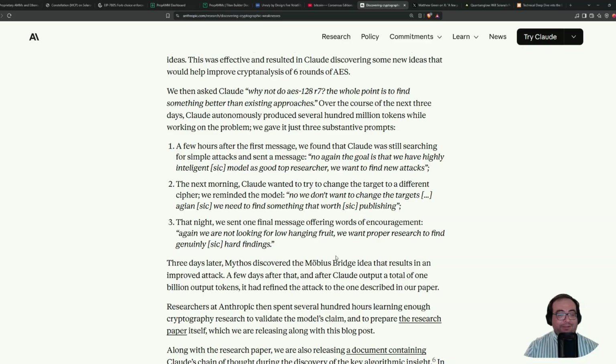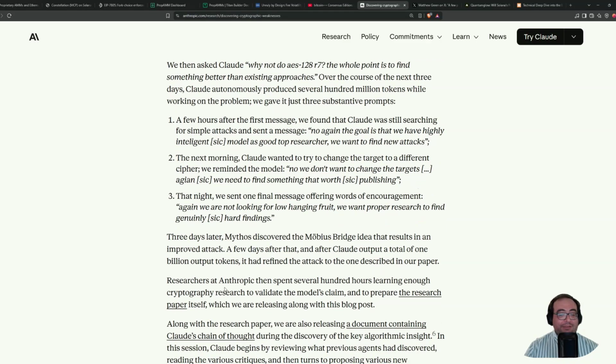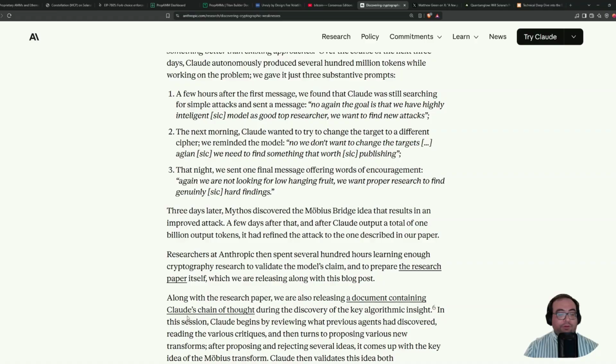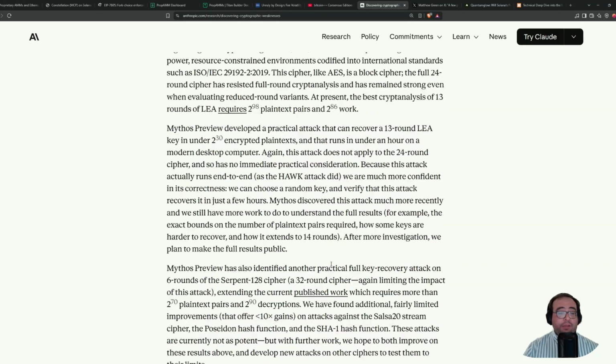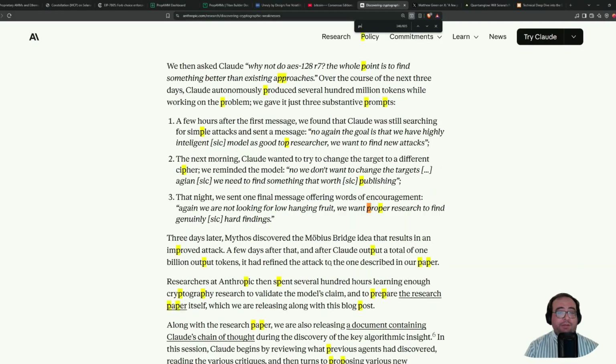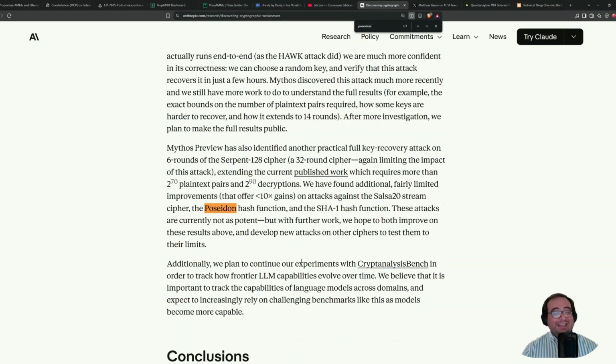But it was super interesting and nice of Anthropic to publish this, to show the strategy. And here we have also all the chain of thought of Claude. It's really super, super impressive. Like, when you think you have seen enough, there is something that impresses you even more. So nice. By the way, they also talk about Poseidon. It's interesting to Ethereum folks, Ethereum people, but no further details. This is probably not a huge attack.